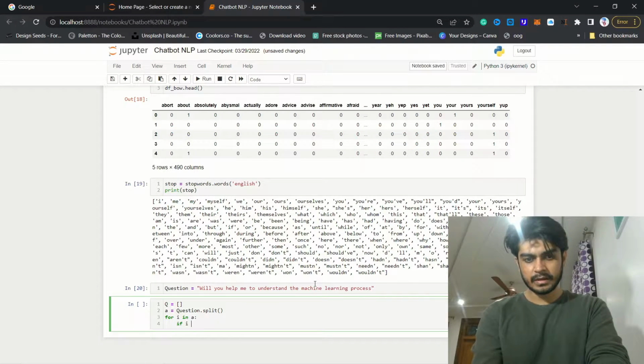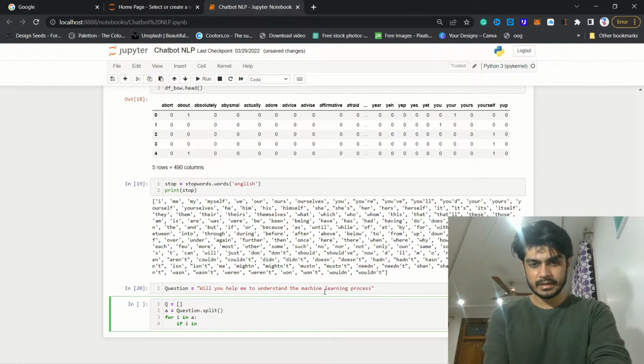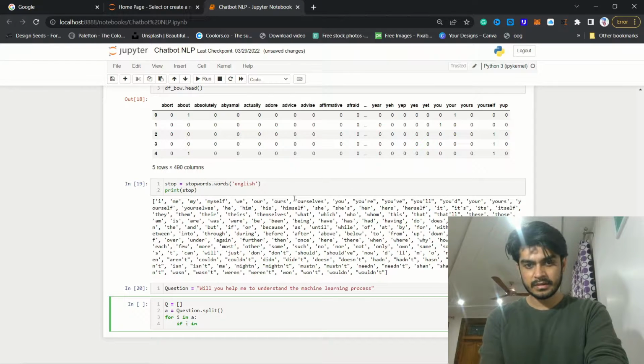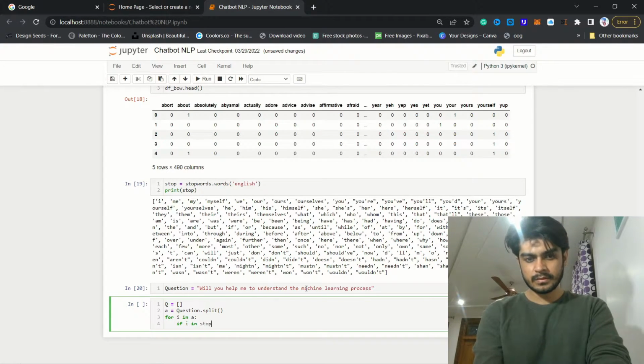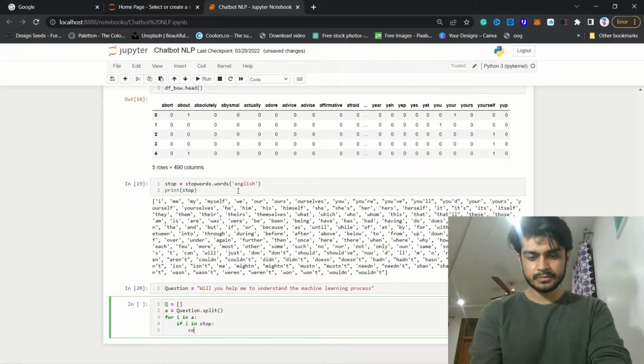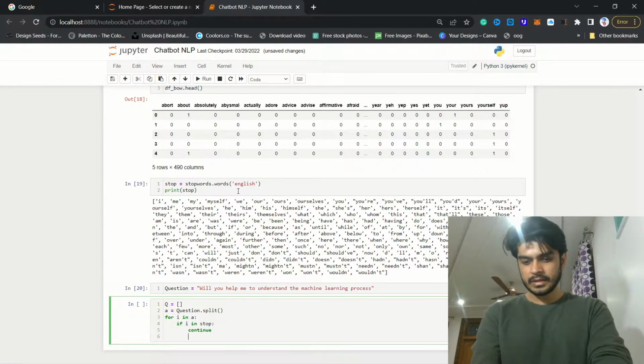If i is in stopword, if something is present in the stopword array, which is stopwords.words, continue. I will say go ahead if it's there, else